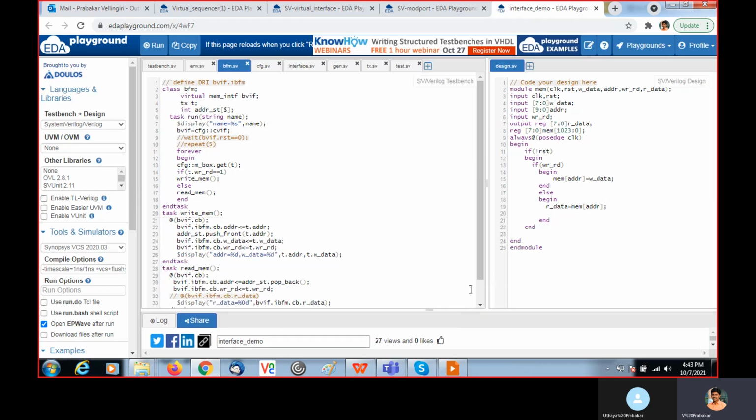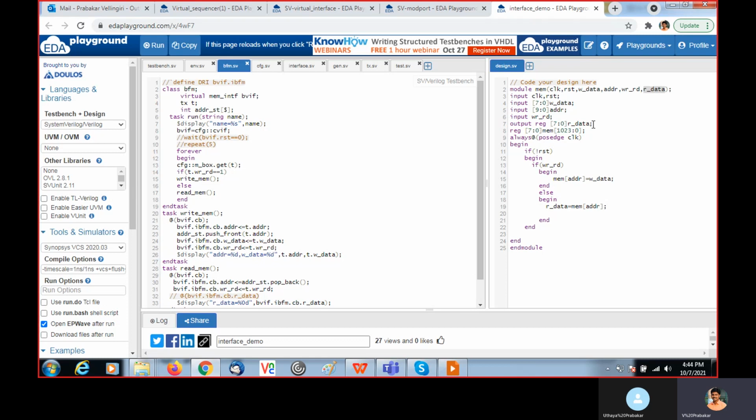Let's do an example. Here is the design. Design is nothing but a memory. The module name is mem, and clock, reset, write data, address. We are going to write into the memory, and the address is the corresponding address of memory, and write_read is the control signal to perform write and read, and rdata is the read data.